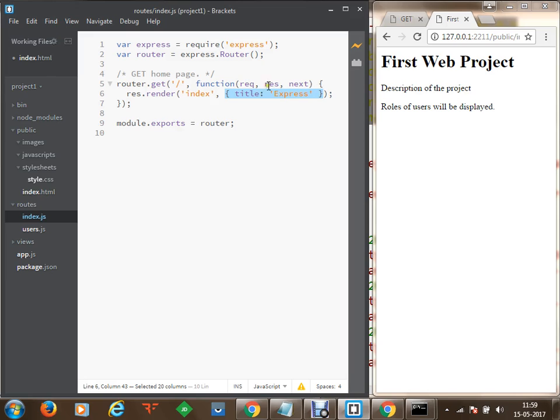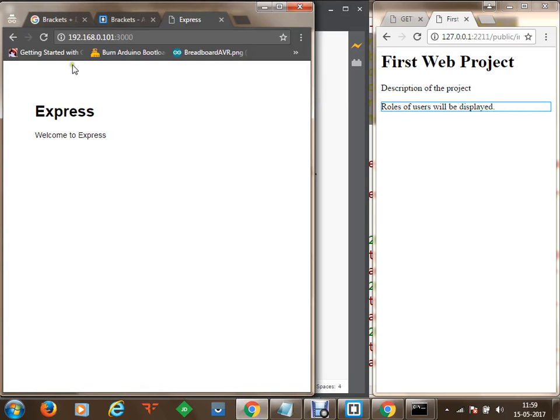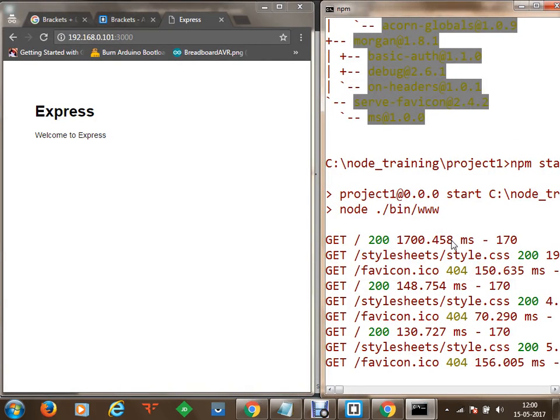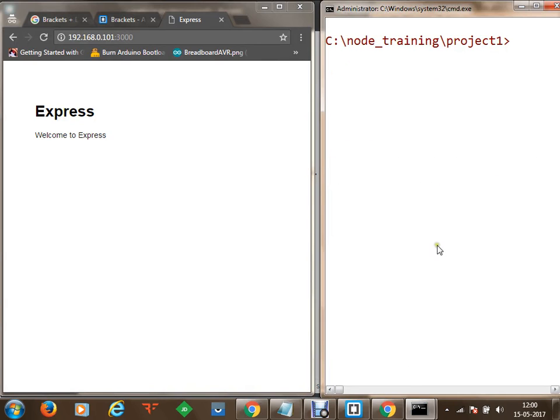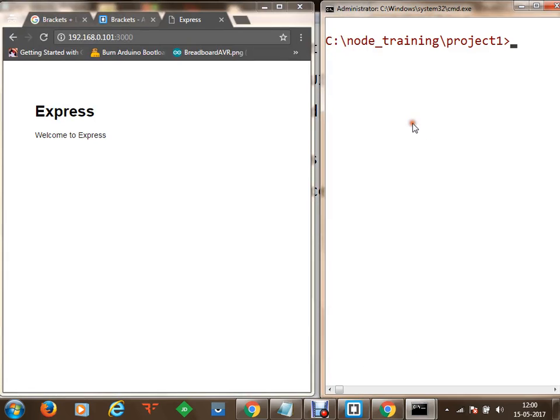Okay, so now since I have changed my index.html file here, if I proceed to this web page and rerun my project, I'll go to my Node server. I'm going to stop the Node server using Control-C. Then, since all the changes have been made to my Brackets project, I'm going to restart the project. So let's go here, use Control-S, save your project, go to your terminal and just type in npm start. As soon as you get started with your project again, the changes will be made to your project and the project has been restarted on the server.